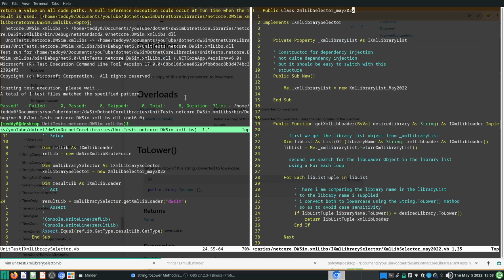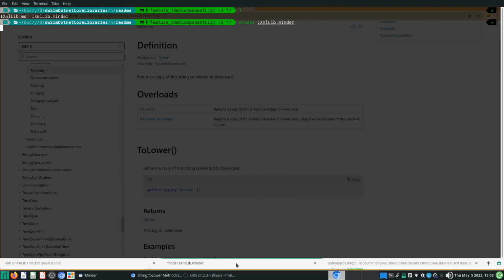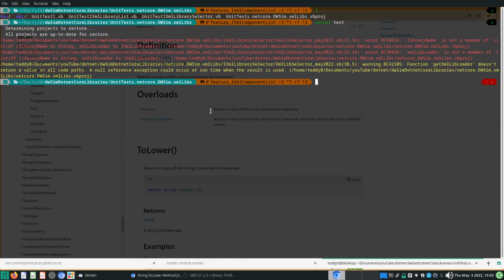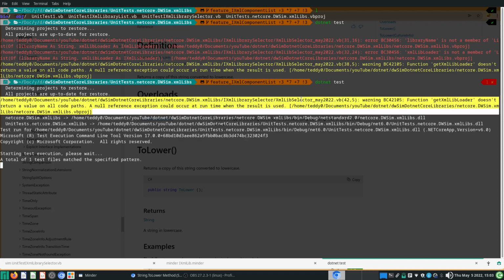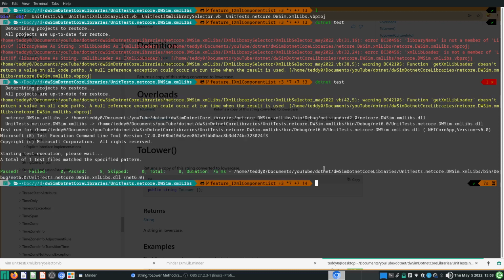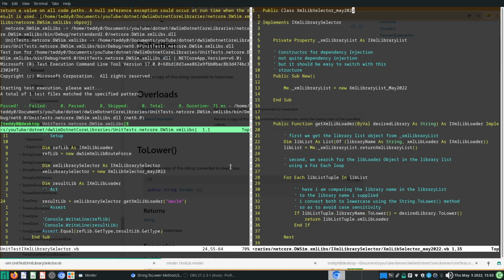Okay, there is something I want to clean up. I do not want this warning message during compilation. It says function GetXmlLibraryLoader doesn't return a value on all code paths. A null reference exception could result at the time when the result is used. Okay, why is it so? What does it mean? It means that